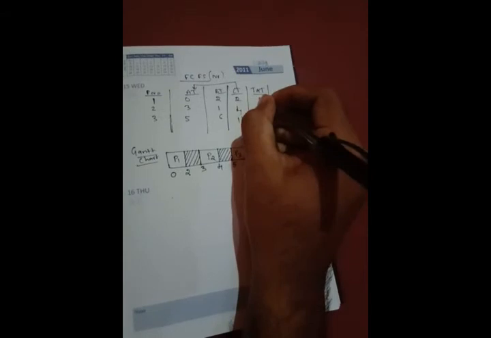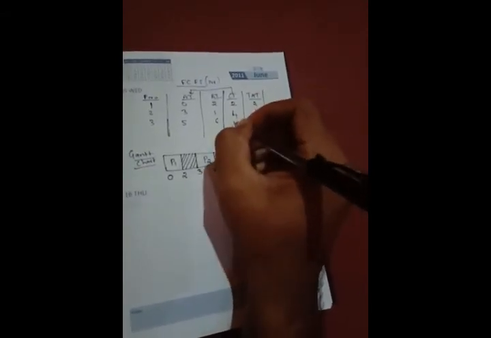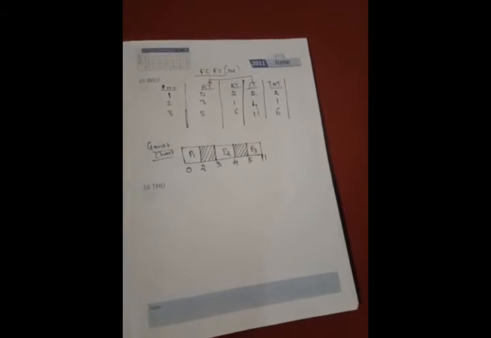Now how to get the turnaround time? The formula remains the same, CT minus AT. So it is nothing but 2, 1, 6. Fine. Now can you see, BT and TAT are the same, isn't it? Now this will directly affect the waiting time, isn't it?